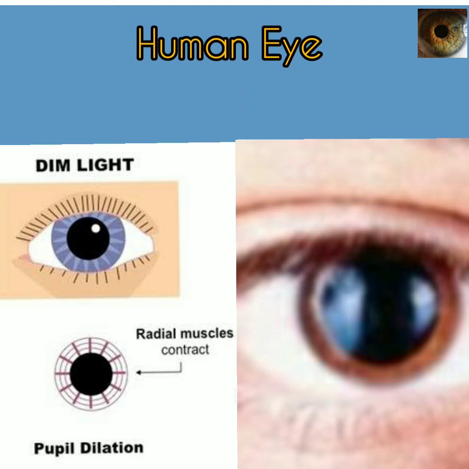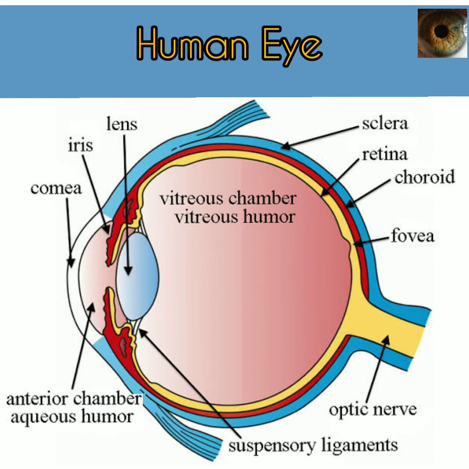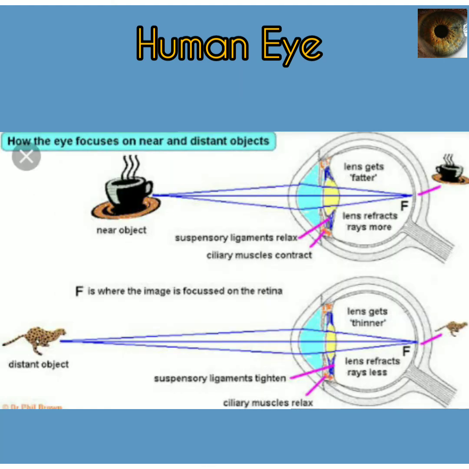Behind the iris, there is a convex lens which focuses light on the retina. The lens is attached to the ciliary muscles of the eye via a ring of suspensory ligament. To clearly see an object far away, ciliary muscles are relaxed and the lens becomes less convex. While when ciliary muscles contract, the lens becomes more convex and round.